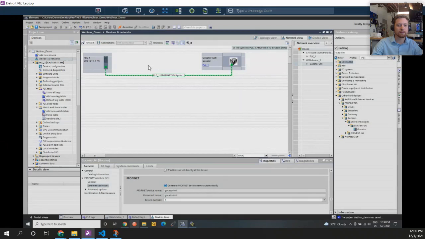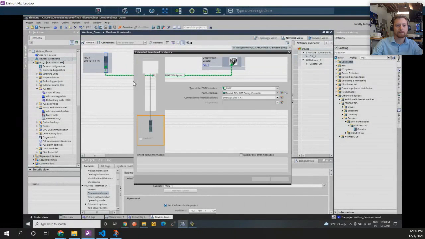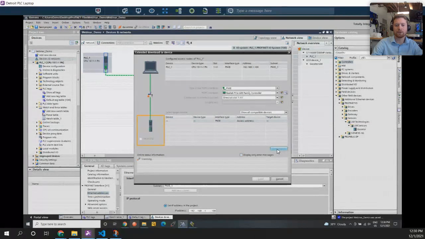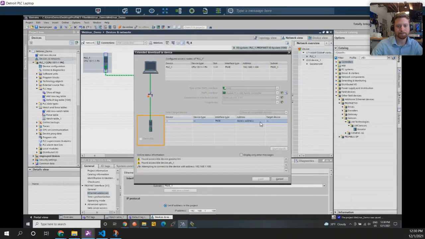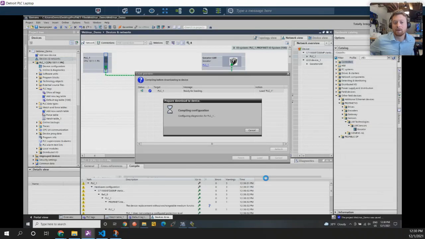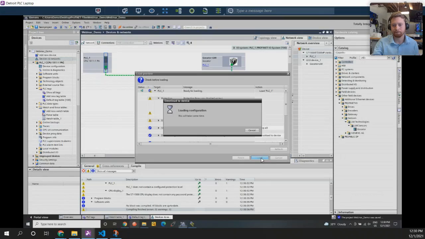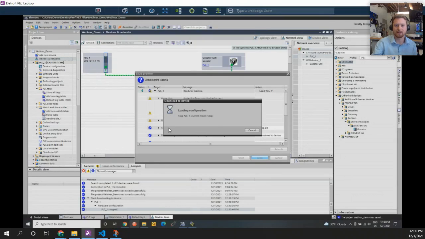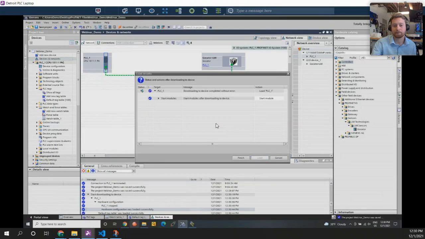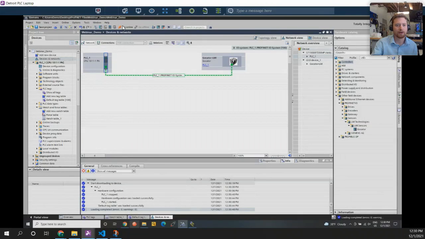And at this stage, I can download to the PLC, which you'll need to search for, select it, and load. Okay. Load it. Of course, it's going to take some time. And finish. All right, so at this point,